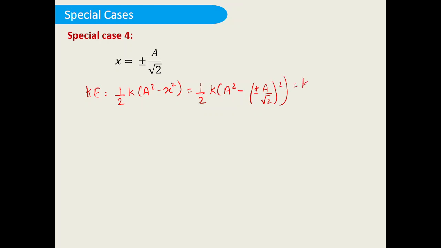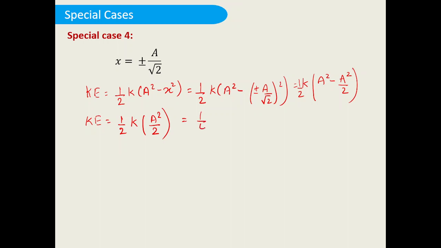So this equals half k a square minus, plus or minus square it is positive, so this will be a square divided by 2, right? So this you can solve. Kinetic energy is equal to 1 minus half, which is half. So half k a square divided by 2 only will be getting. This 2 will go to this side, so this will be 2 minus 1, it will be 1. 1 divided by 2. So this will be a square divided by 2.